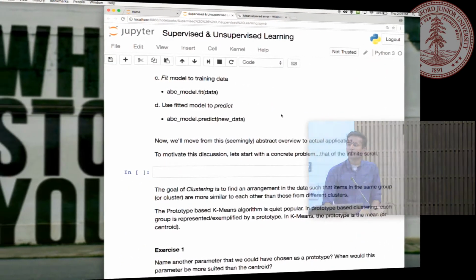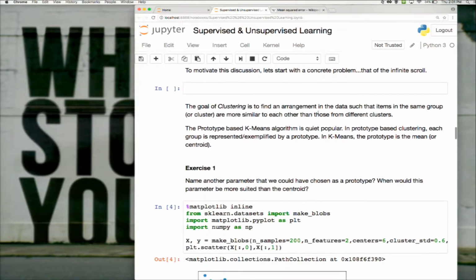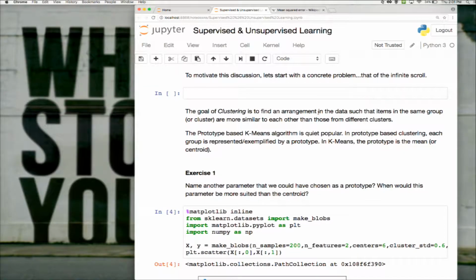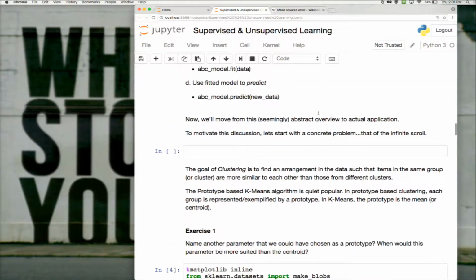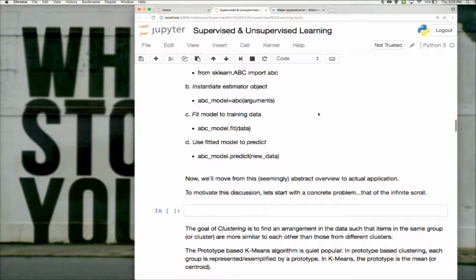OK, so this is a thing called the k-means algorithm. And k-means basically works through this. Here are the steps. When you have a data set, when you have this data set,